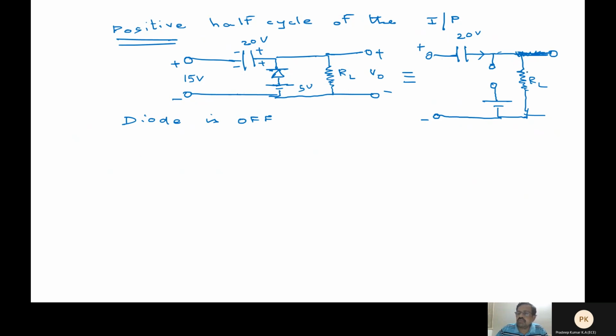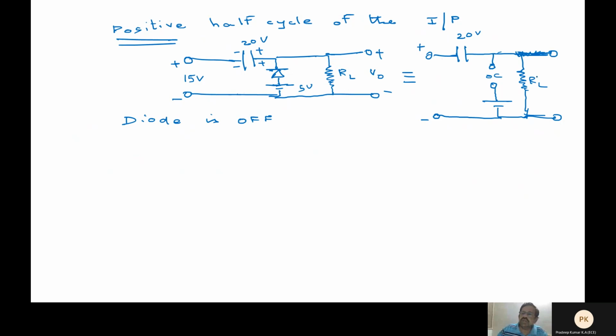Now, but I already told you the capacitor retains because of the fact that the discharging time is so large in comparison to the charging time. Charging is instantaneous. Now we have taken ideal diode. So this is open circuit. Okay, this is when the input cycle is positive. So during positive half input cycle, you have this.